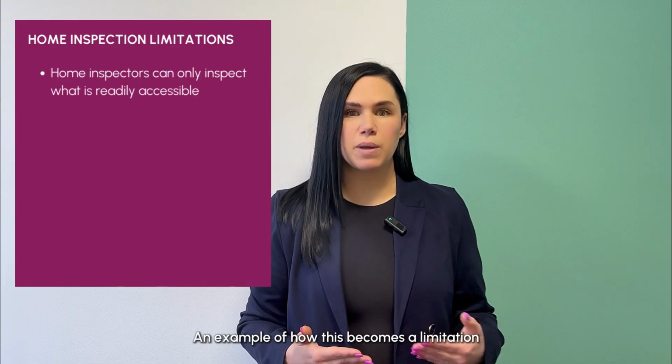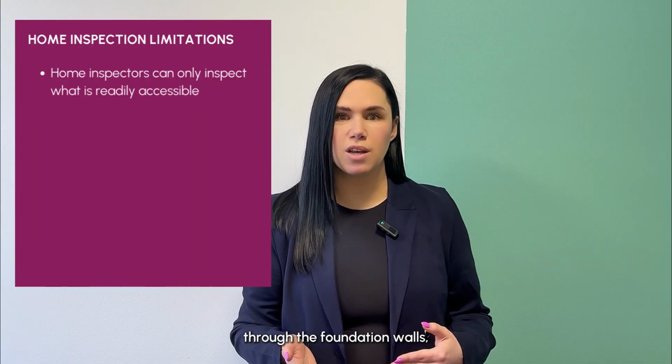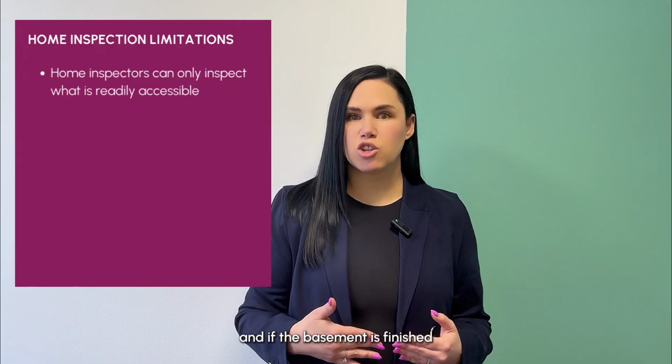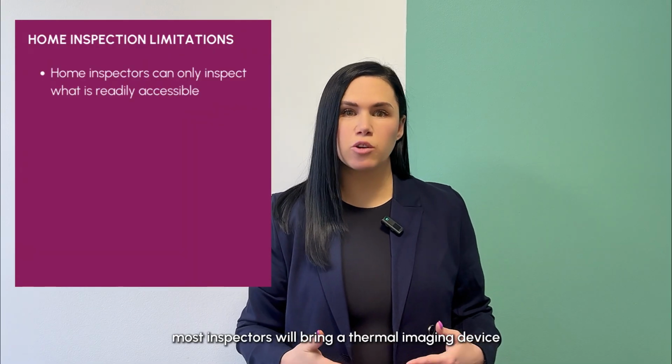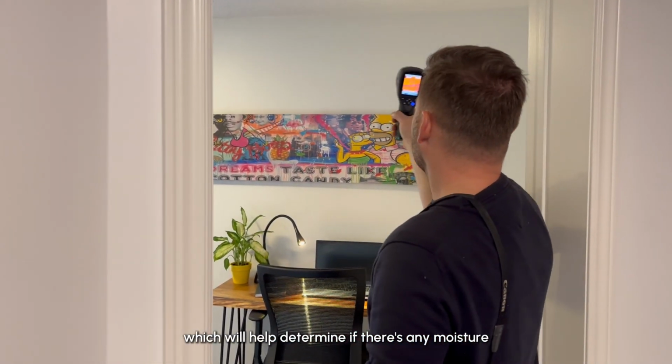An example of how this becomes a limitation is that there could be water seeping in through the foundation walls, something that's not all that uncommon, and if the basement is finished, there might be no visible signs of this. With that said, most inspectors will bring a thermal imaging device, which will help determine if there's any moisture behind the walls. Another limitation is that the